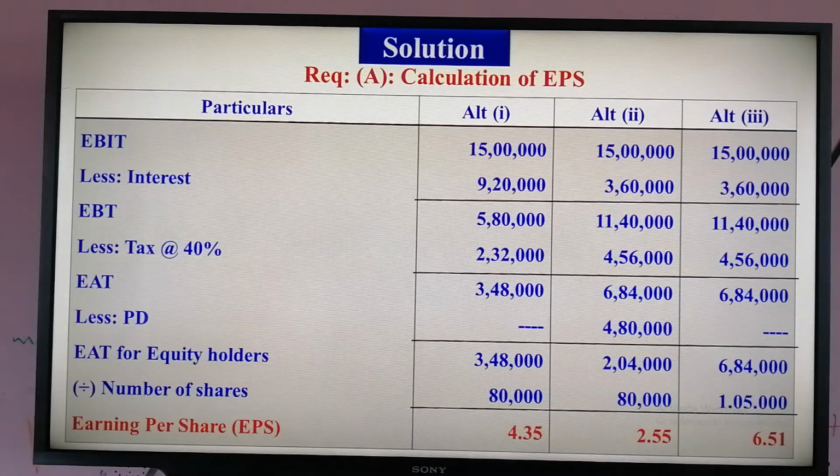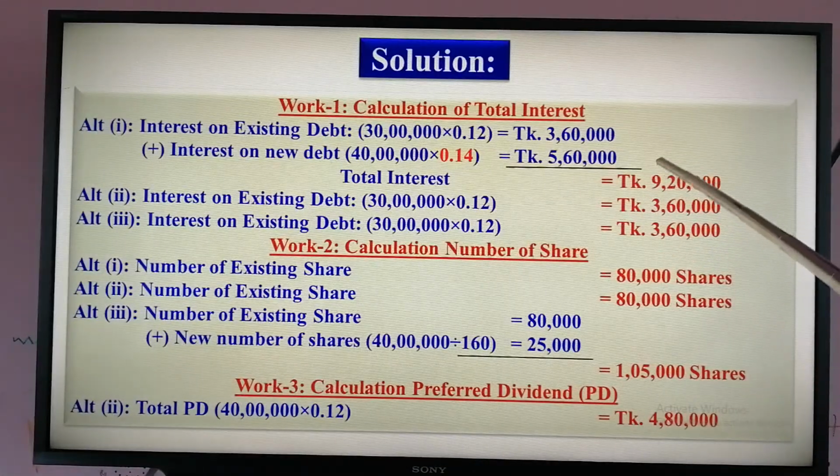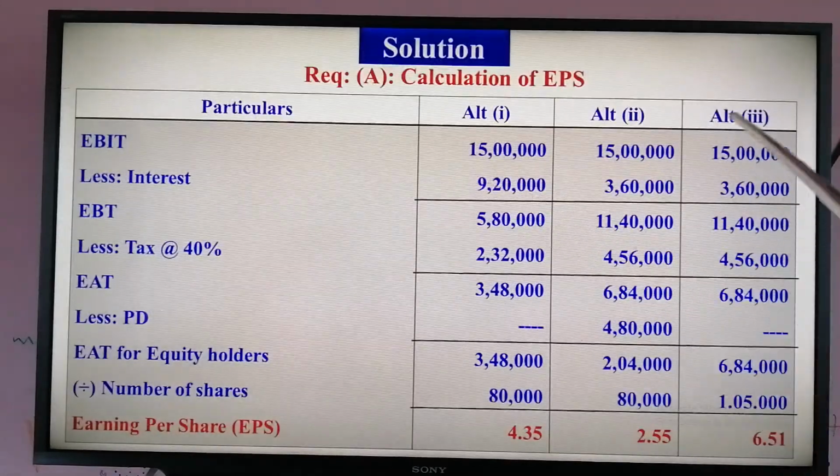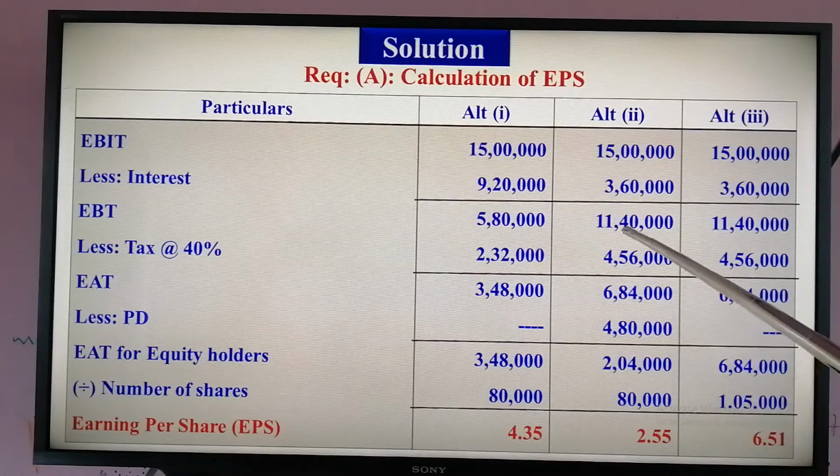So how can you calculate EPS? First, from EBIT you have to subtract interest, because earning before interest and tax means you have to subtract interest. 9,20,000, 3,60,000, 3,60,000. This interest is subtracted from the amount of EBIT. Then EBT will be 5,80,000,